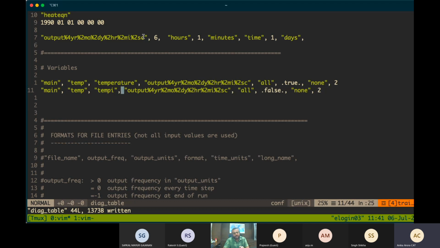So Prajesh, what is the concept of this 6 hours? I didn't get it actually. So this one, 6 hours? 6 hours is the frequency at which your variable, your fields, will be written. Okay, so the temperature will be written every 6 hours. Then what is this 1 day new file? Every 1 day, you will get a new file. New file means new file name? Yeah, new file.